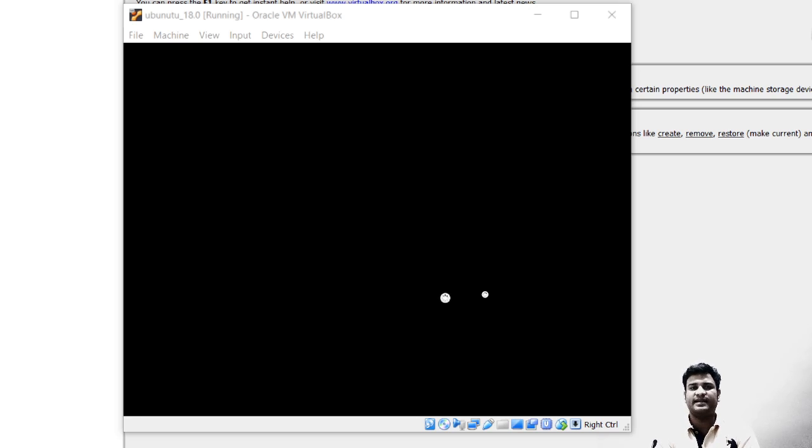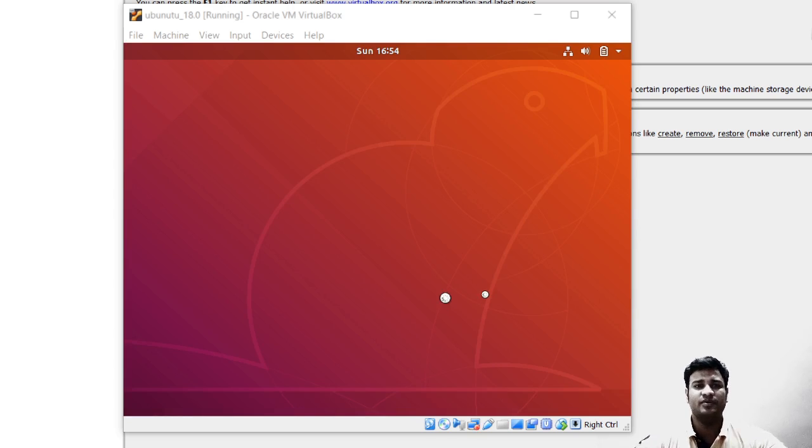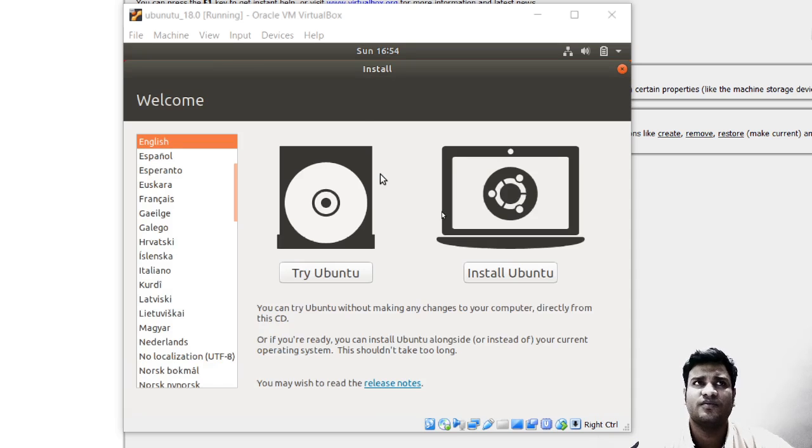This might take some time, and obviously this will take approximately 50 minutes, and from where it will take 50 minutes I will just tell you. The entire process of installing VirtualBox and installing Ubuntu is around 1 hour 20 minutes maybe.